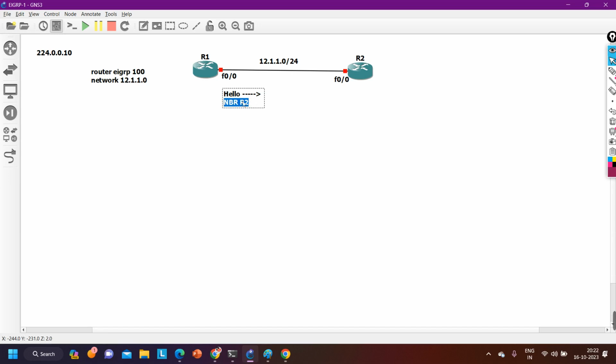Okay, if I talk about this hello message, at which layer will the router generate this hello message? At layer 3, because it is a layer 3 protocol, so it will generate at layer 3. Then there will be a source address. At layer 3, it will add the IP header. Inside the IP header, there will be a source address. The source address will be the IP address of the exit interface, that is 12.1.1.1, and the destination IP is 224.0.0.10, the multicast address